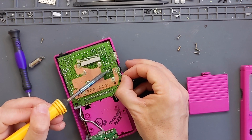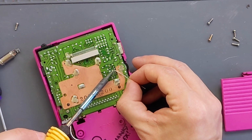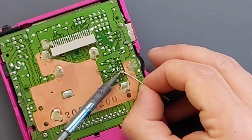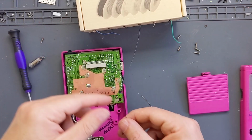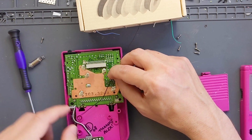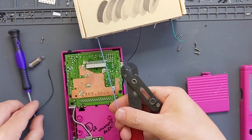So right, left, so we'll go to the third one down and just melt a bit of extra solder on that point there. And here, like that. And that's where I'm going to attach some extra wires. How much do I need? It's basically going to go from here up to here, so about that long. It should be fine. Cut that off, and we'll go with blue for the other one. I'll get that to about the same